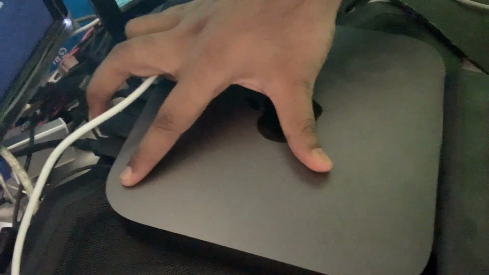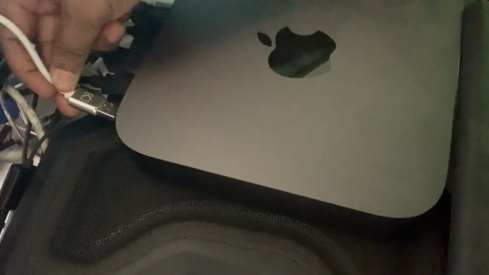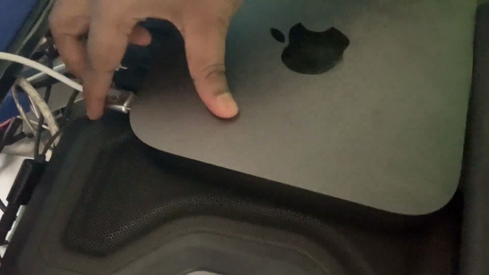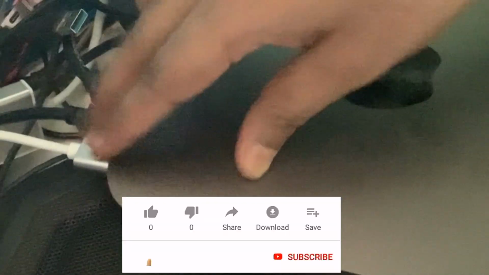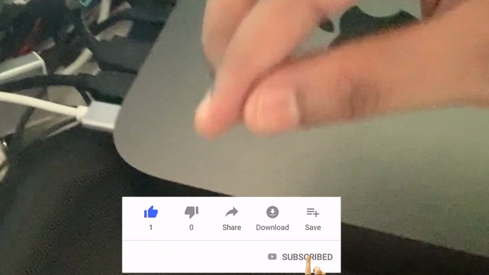What I have is a Mac mini computer which has a USB port available. So I am going to connect this other end of the cable to the USB port of my Mac mini. And if your MacBook Pro doesn't have a USB port, in that case you can use an adapter as I have just shown you and connect the cable to your computer.